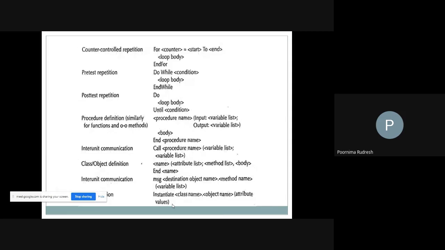Next, we'll move on. That is over. Next one is the counter controlled repetitions, meaning when you are using counters. For example, if you are using the counter I is equal to 0, next you are incrementing each time, right? So there we are using the for loop. How are we representing the for loop? For I is equal to 0, then what? How are we representing the for loop? Can anybody tell me?